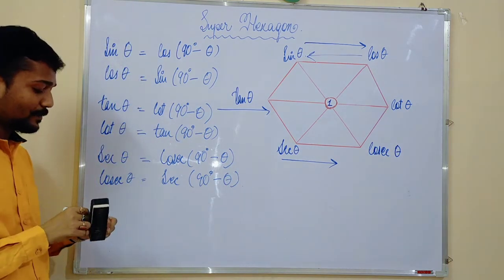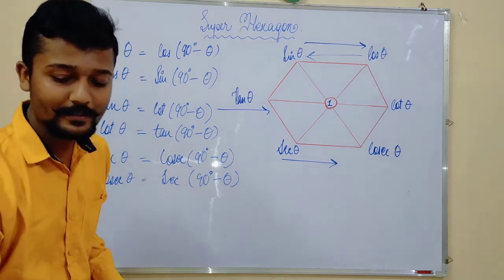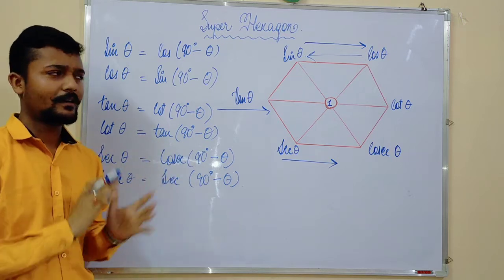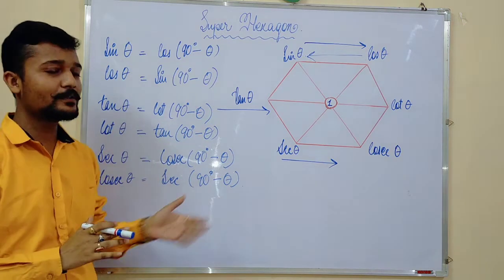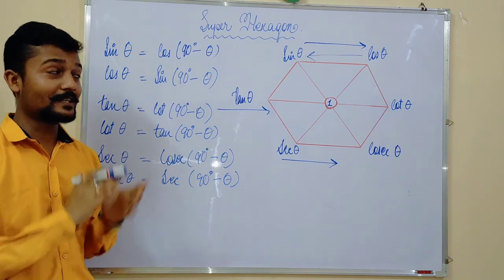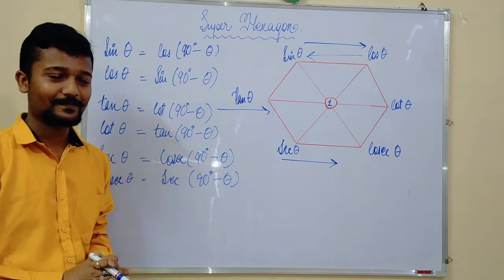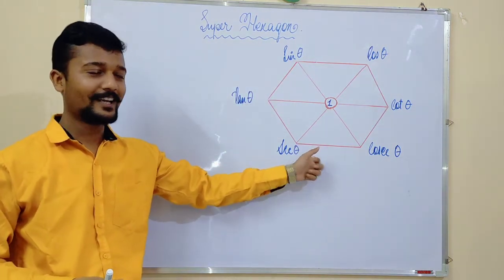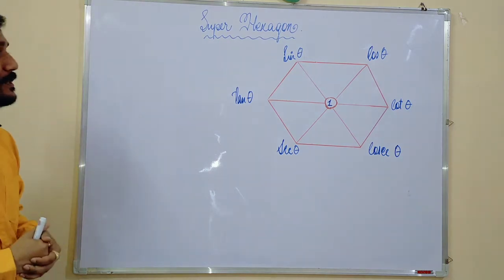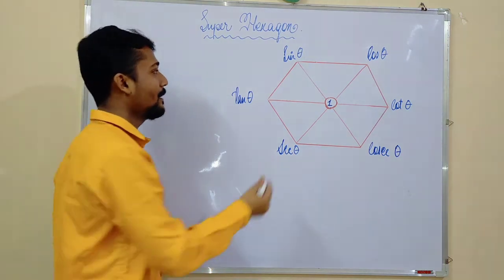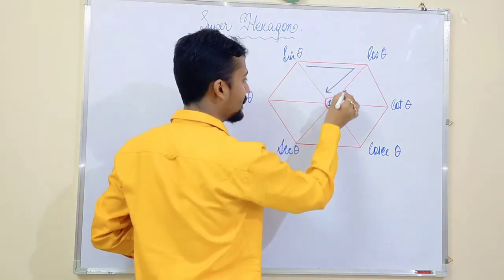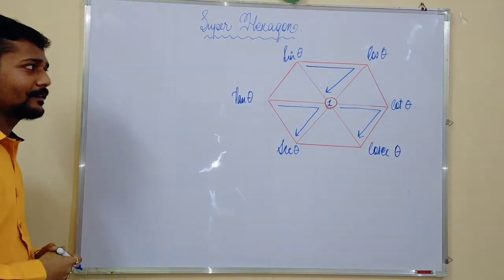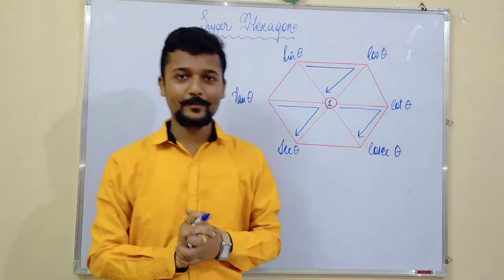Okay, so many things we have found out. It might be such that you might get puzzled, or you might be thinking that this much is enough. Is it? So first of all, you note it down, and then I am going to say that this is not enough. Few more are there. So finish it. So again we have taken the superhexagon. So what can we derive more from it? So this time take your pen and draw in this manner. Done? So what can we find out from this?